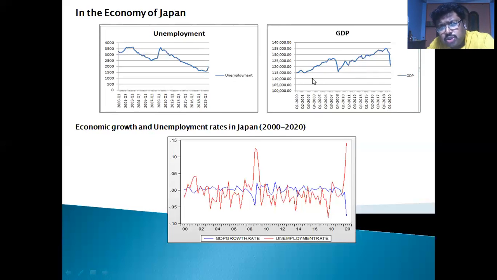During this COVID-19 situation, you can find there is a negative shock of demand in the economy of Japan,